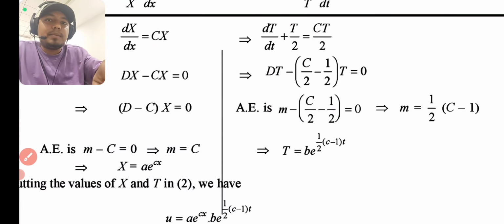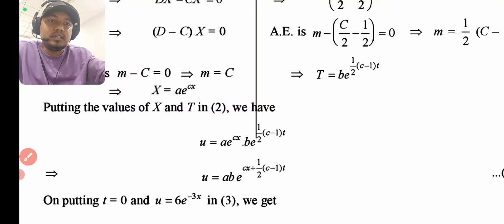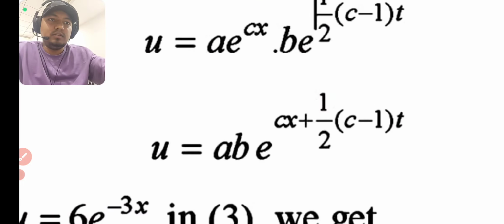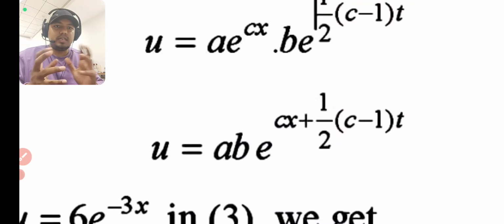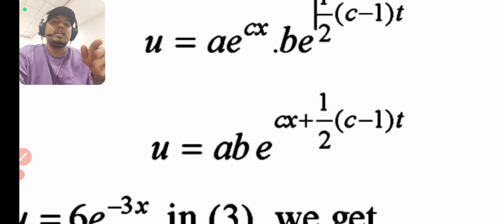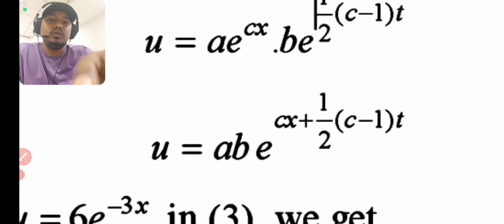When you multiply capital X and small t as a solution, then you will be getting u value as your final value. You can just shuffle whatever data you're getting, and you'll be getting this final answer: u is equal to ab e power cx plus half c minus 1 into t. But